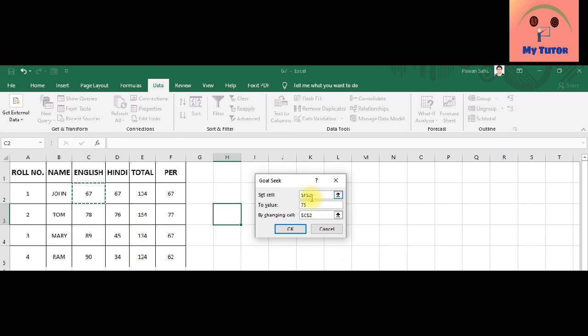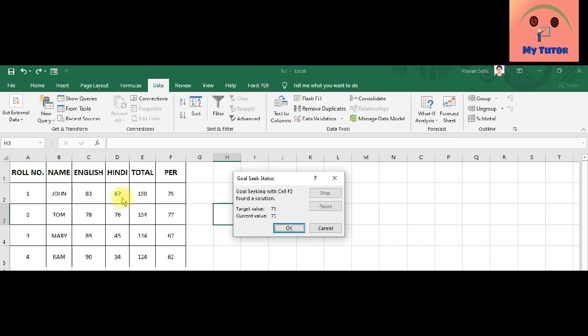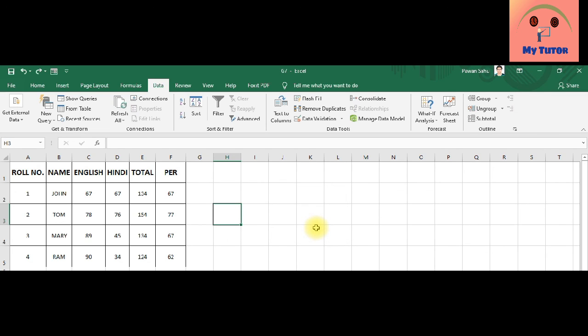So in F2 I want 75%, so what should be the value of C2? 83. I need at least 83 marks in English to get 75%. So I think the goal seek function is clear. Okay, thank you.